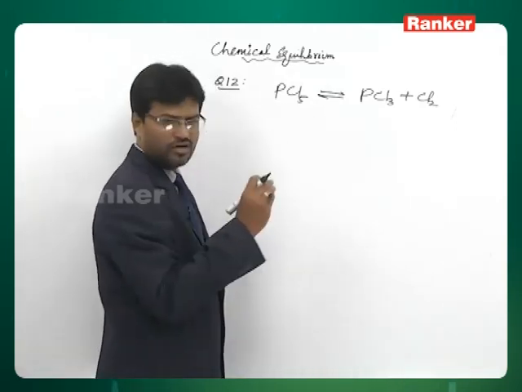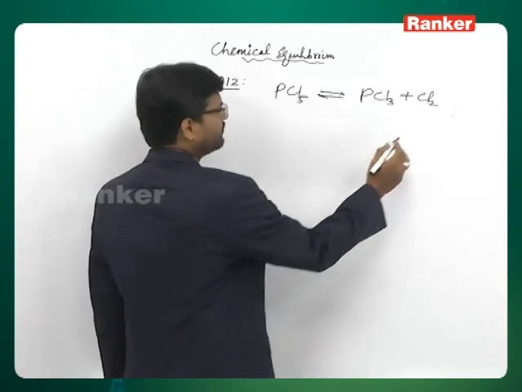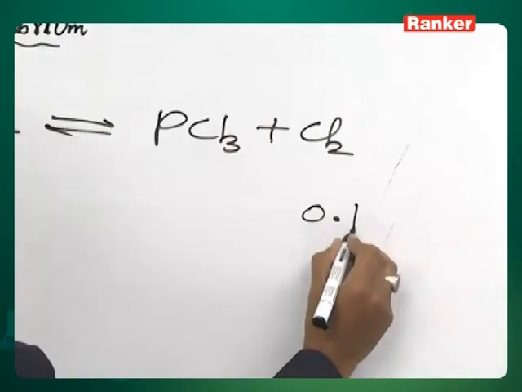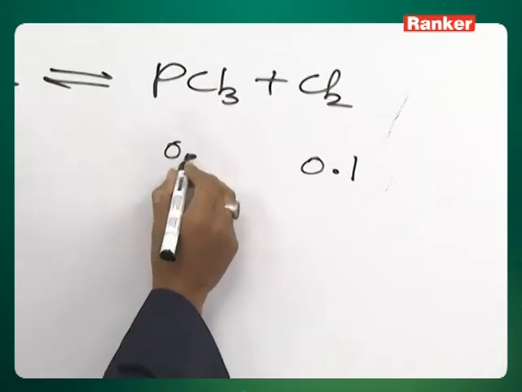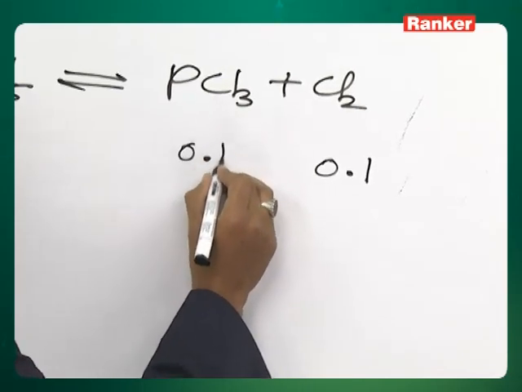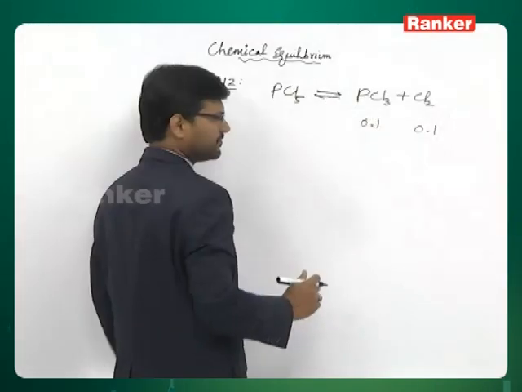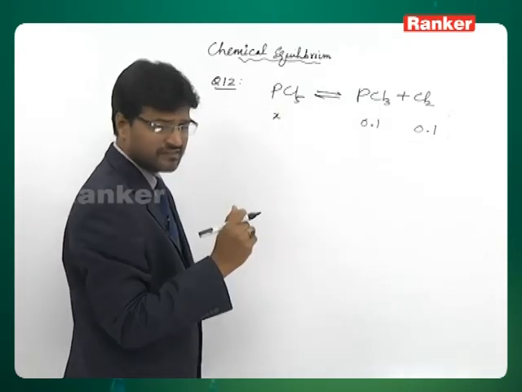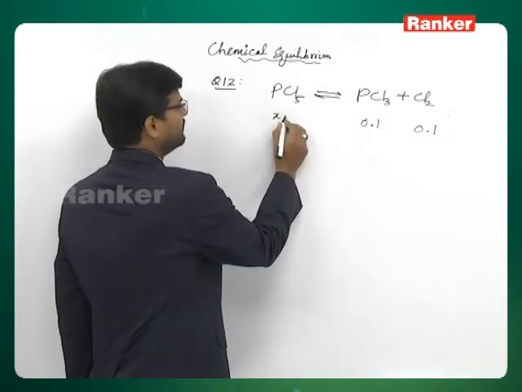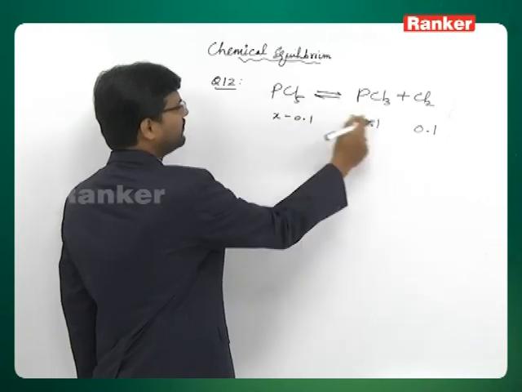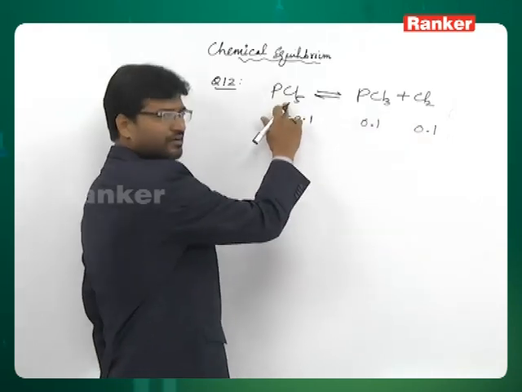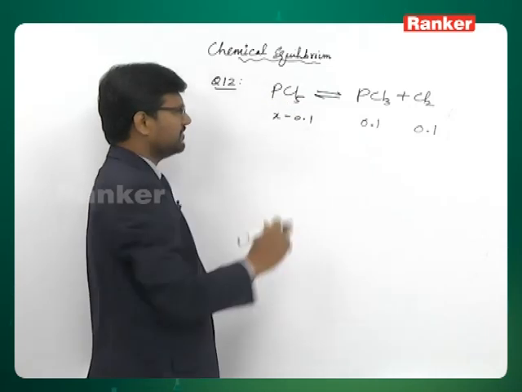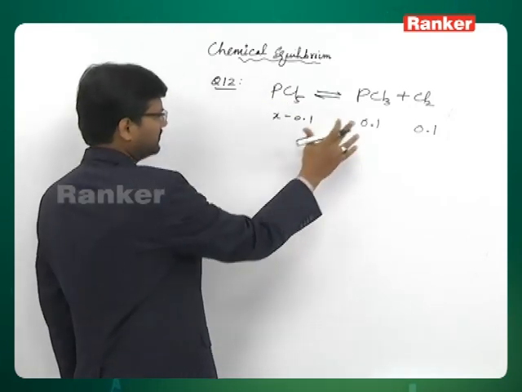Now, you want 0.1 M chlorine. If 0.1 M chlorine is to be formed, then the amount of PCl3 formed should also be 0.1, because these are formed in a 1:1 ratio. And then imagine the initial amount of PCl5 you have taken is x, then at equilibrium it will be x minus 0.1, because for every 0.1 M of chlorine you need to consume 0.1 M of PCl5. So, this is how the equation is. Now,